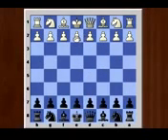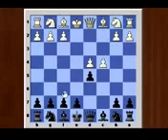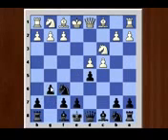e4, c6, d4, d5, e captures d5, c captures d5, and c4, knight f6, knight c3, g6, and c5, bishop g7,